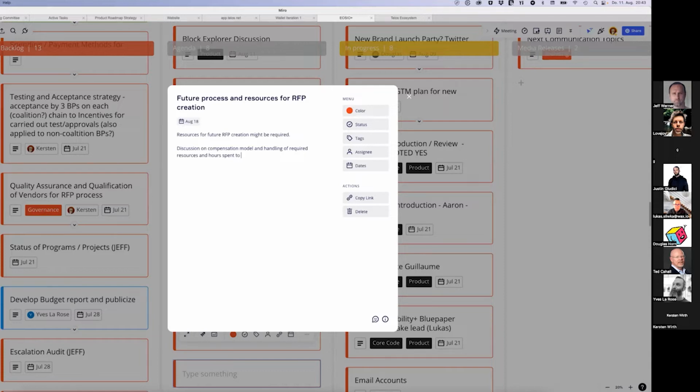So that we don't have sour grapes either, right? Where the person who drafted the RFP still feels that they at least got compensated for drafting that, despite potentially not winning the bid. Right. I think that creates a better system. For sure. They should be able to walk away feeling good. They should be able to walk away feeling they got paid, whether they get the job or not,